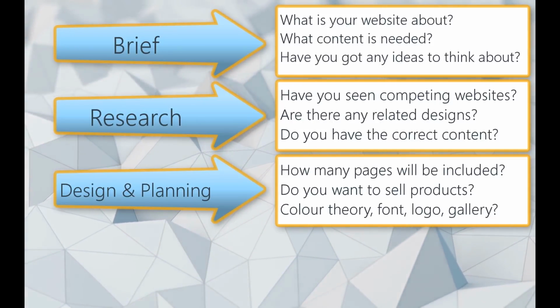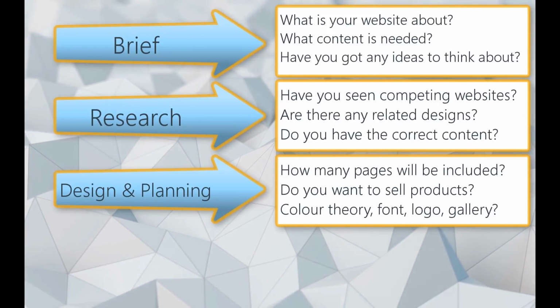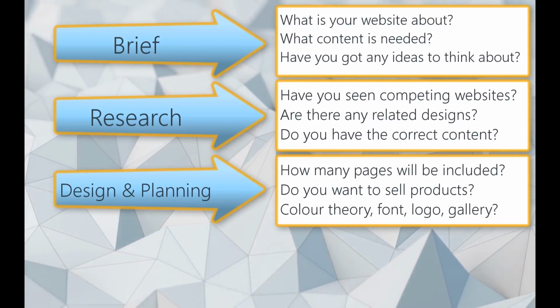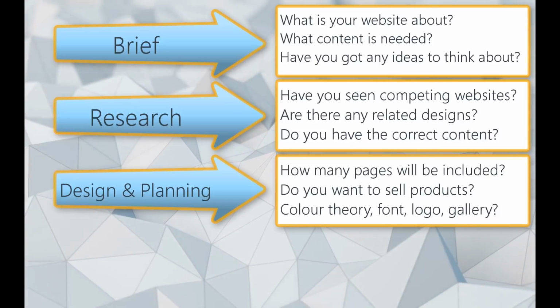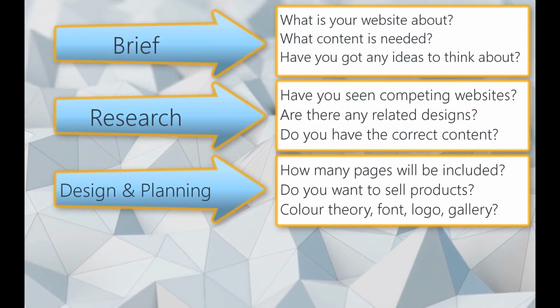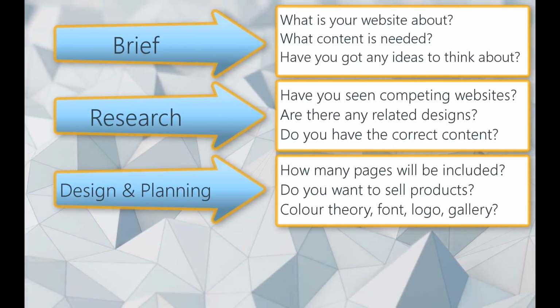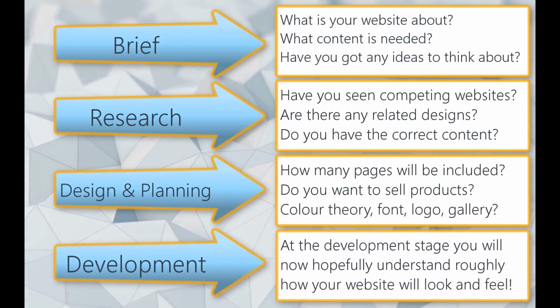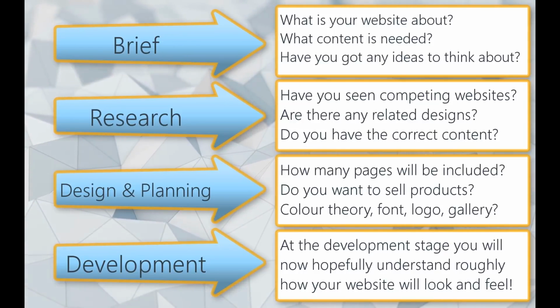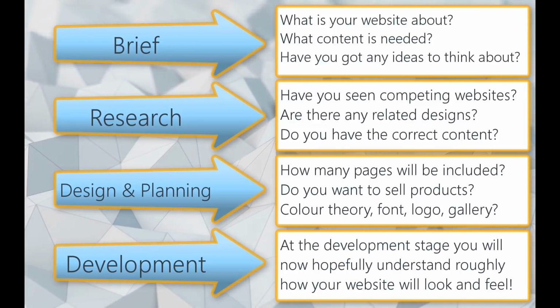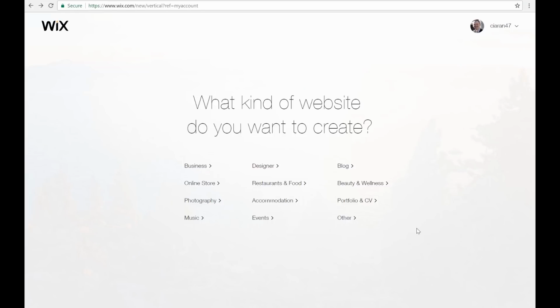The design stage of the process is the creative side of the planning really. Color theory and typography, logos and branding are things you want to consider. Also taking into consideration your overall design from your research at the beginning. And finally development, which is tying all of the previous research, planning and design together to build your website. After going through the design process, hopefully by now you have a better understanding of what website you will be building and what it's going to look like.